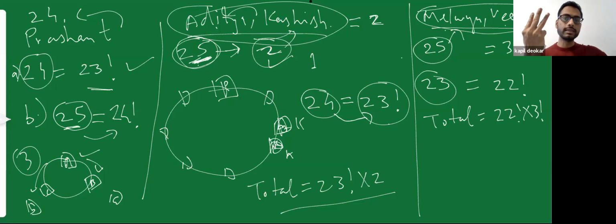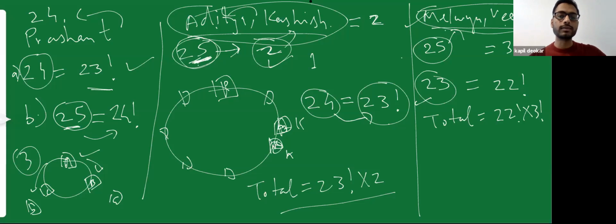So if I'm considering these three as one unit, the total number of units that I'll have is 23. The rest 22 are considered as one each, and these three are considered as one. So this is important, you should understand where this 23 came from. This 23 came when we consider these three together as one unit, and the rest 22 are individual units. So the total number of units is 23.